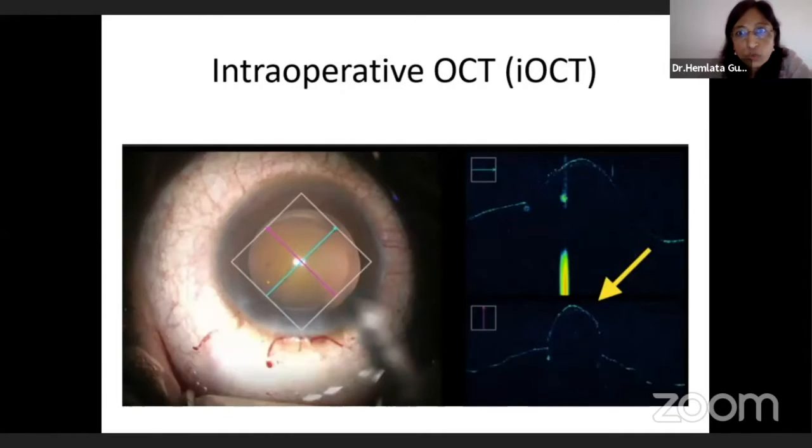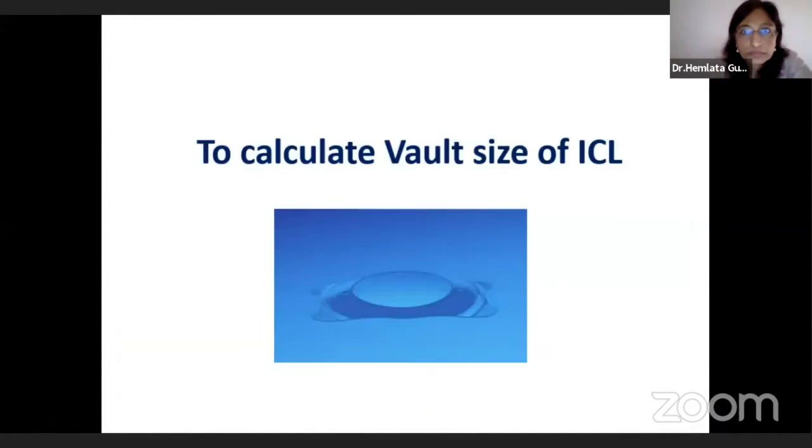Intraoperative OCT is something new. In this particular patient, you can see that there is a PC defect in the center. This was a case of posterior polar cataract with PC defect. Intraoperative OCT showed forward herniation of the vitreous into the anterior chamber with an intact hyaloid base. So that could be pushed back into the vitreous just with the help of a viscoelastic device, and we did not need to do an anterior vitrectomy.